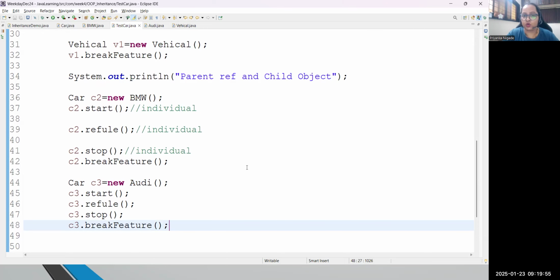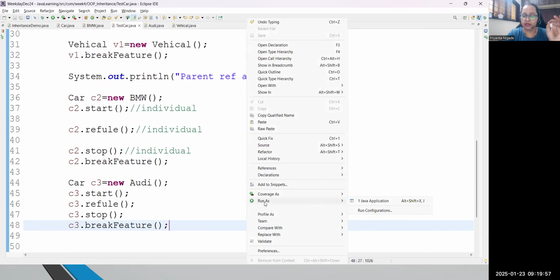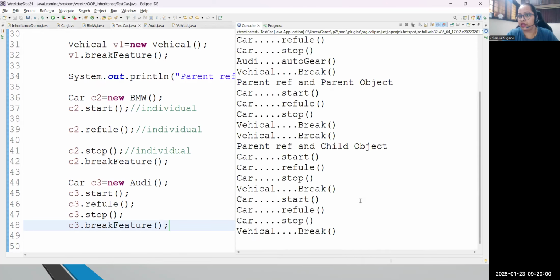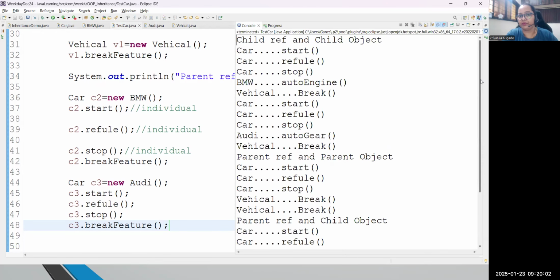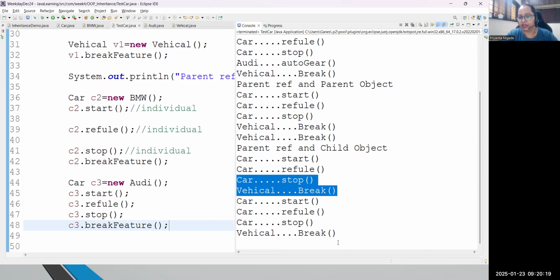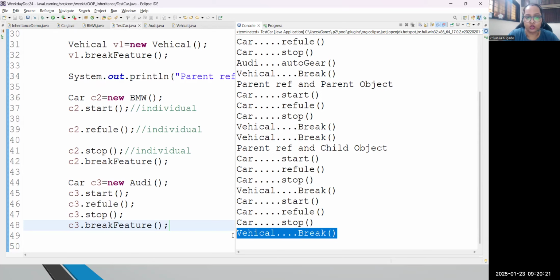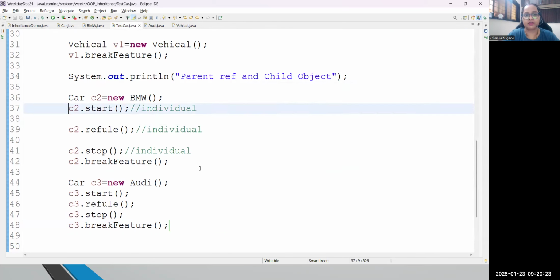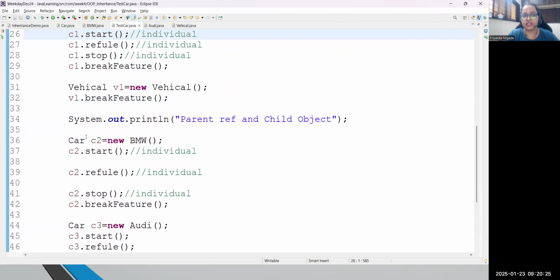And now if I run this code, you can see all the methods and which class each one is coming from. That you are also able to see. See, BMW auto engine, vehicle brake. Again, Audi auto gear, vehicle brake. And see, car is able to access vehicle brake. Even this parent is also able to access that vehicle brake. Okay, this should be here. And see, vehicle brake, vehicle brake. Got it? So we are able to call all the methods, and this is coming from vehicle. See, this is our